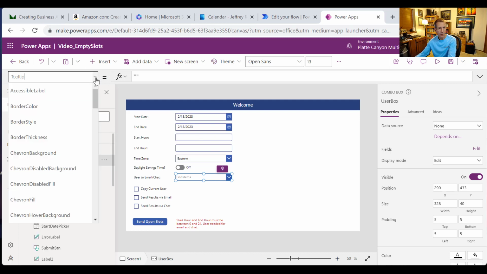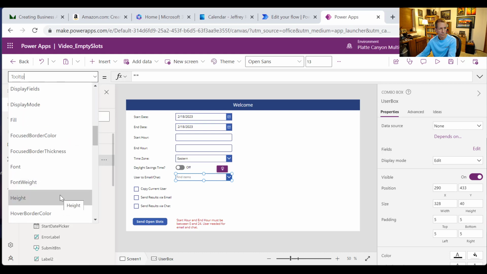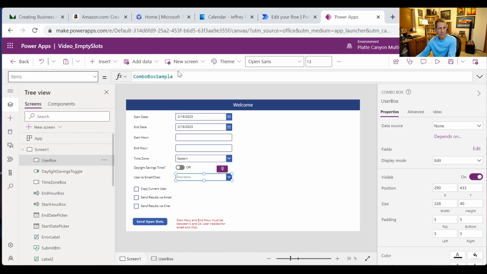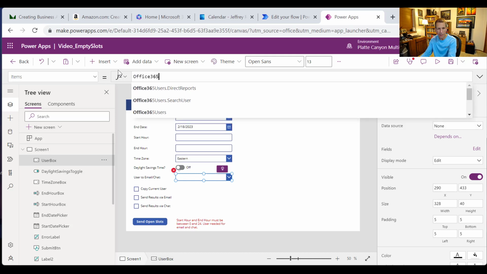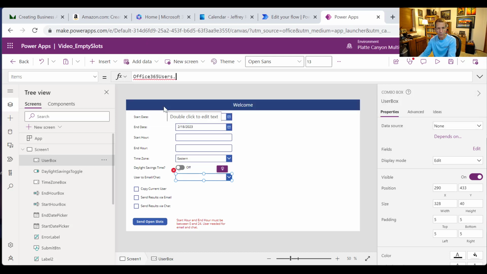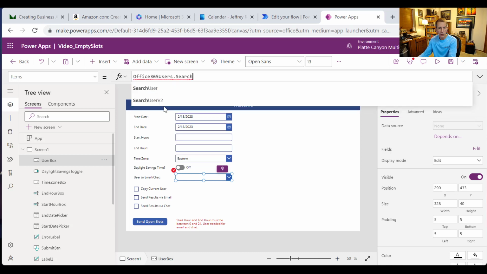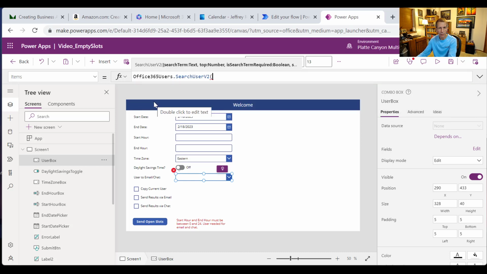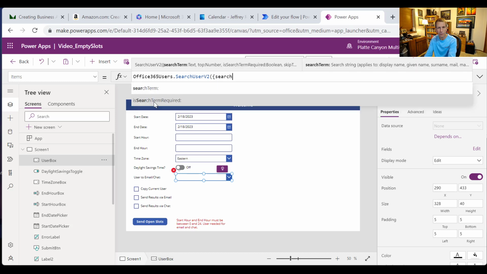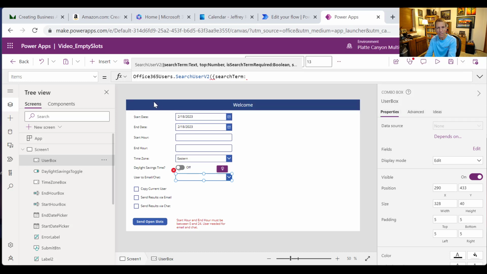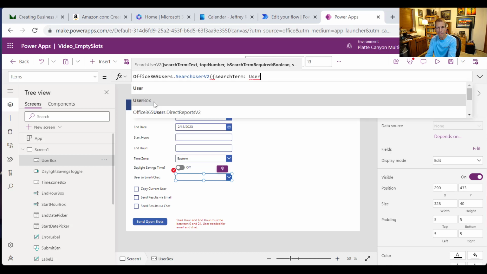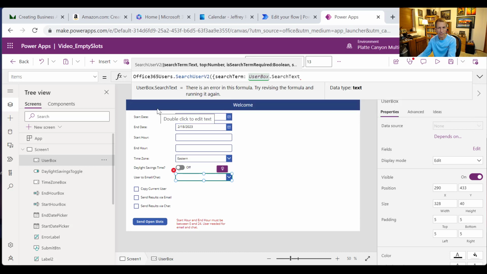What I want to do is go to Items, and rather than Combo Box Sample, I'll use that Office 365 users, search users, always use the latest one, and notice the squiggly bracket, so we say search term, and now I've named this. Now I say user box dot search text. So that's the search item,